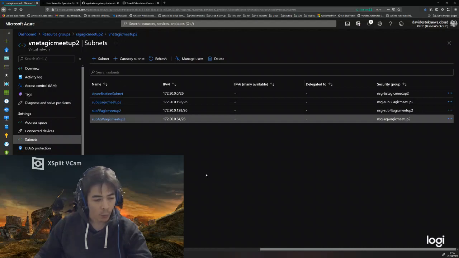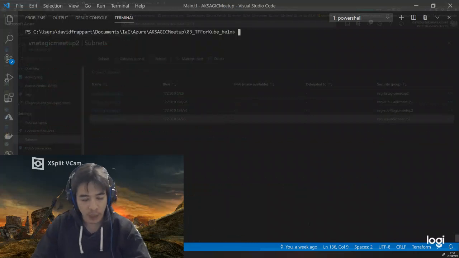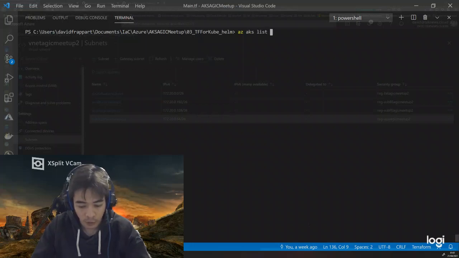And now what I can do is try to deploy some things with my AGIC. First, maybe let's check something else. Remember earlier I tried to list my Kubernetes clusters, so let's do that again.